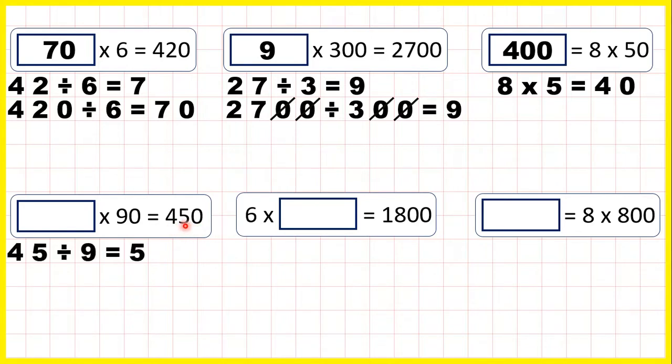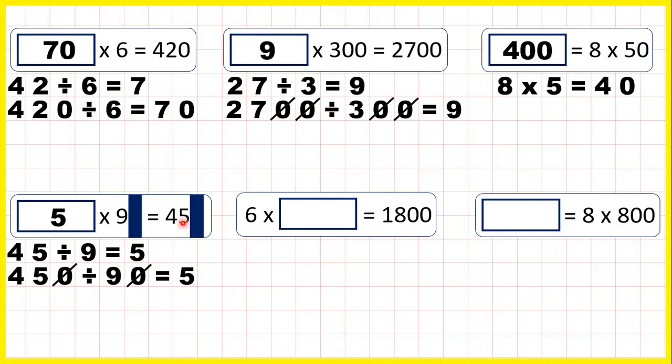We know that 45 divided by 9 is 5, so 450 divided by 90 is also 5, because we can cancel our end zeros, and then we just have 45 divided by 9. So 5 times 90 is 450, because 5 times 9 is 45, and if there's one end zero in the question, there will be one end zero in the answer. Now 6 times what is